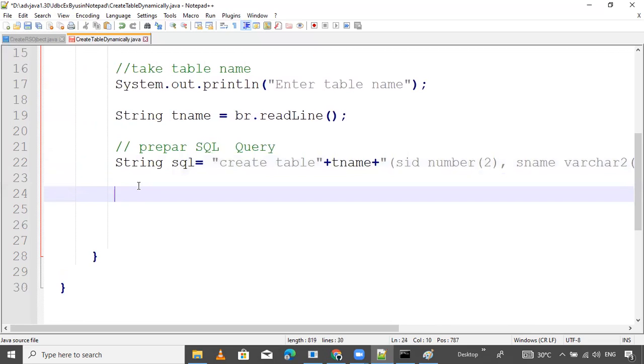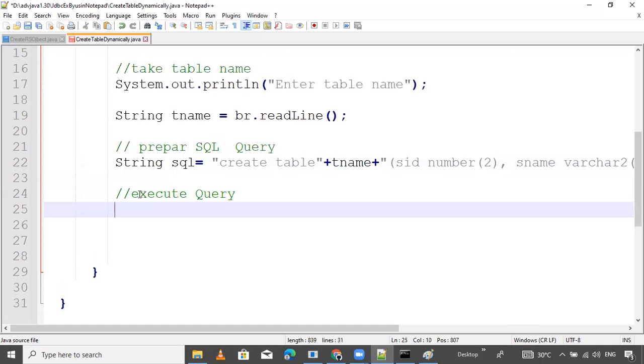Now execute the SQL query. Now I want to execute this query. This is a non-select query. So tell me in the comments, when I am asking a question, please be active and give an answer.